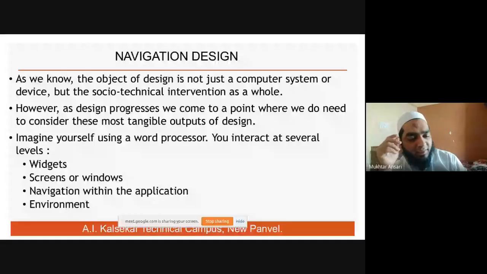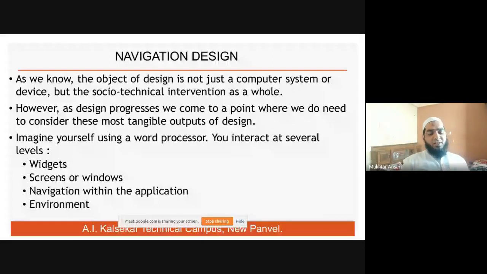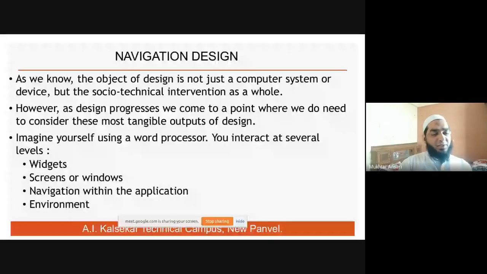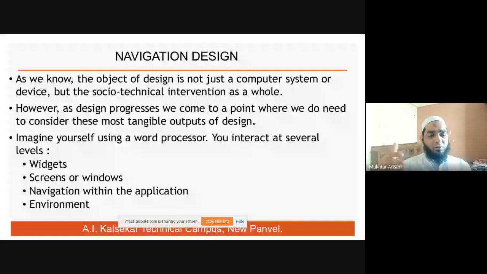So let us read what are the things which are written in this particular slide. The object of the design is not just a computer system or a device, but a socio-technical intervention as a whole. तो भाई सिर्फ कंप्यूटर सिस्टम से इंटरेक्शन करना ये खाली मकसद नहीं है, बल्कि there is an interaction which is going on, so in that result some socio-technical intervention has to be done, okay।